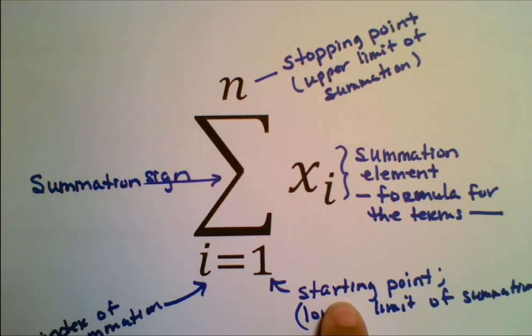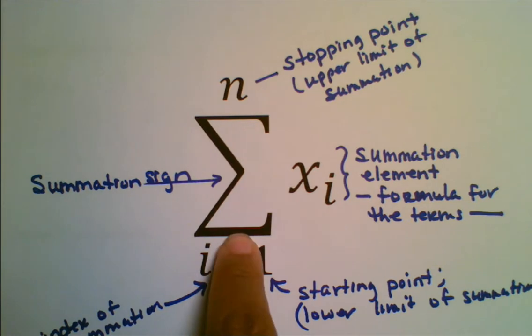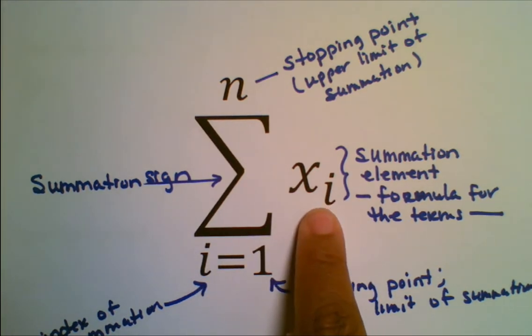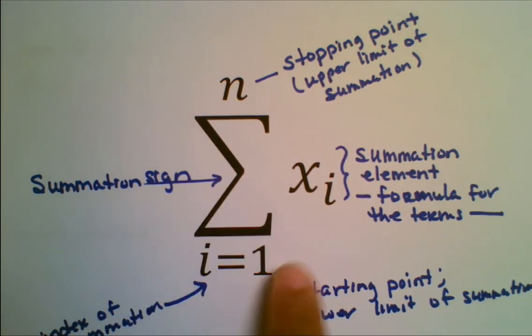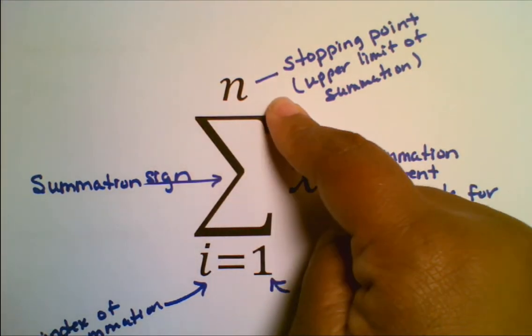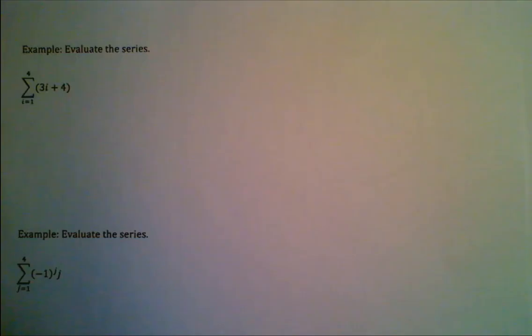We have the lower limit and then we have the upper limit. So when we read this, we start off with saying the sum of, and then we talk about what's our summation element. So here we would say the sum of x sub i as i goes from 1 to, for here, n. Okay, so we're going to find first each term, and then we're going to add those terms together. So as we look at our example here,